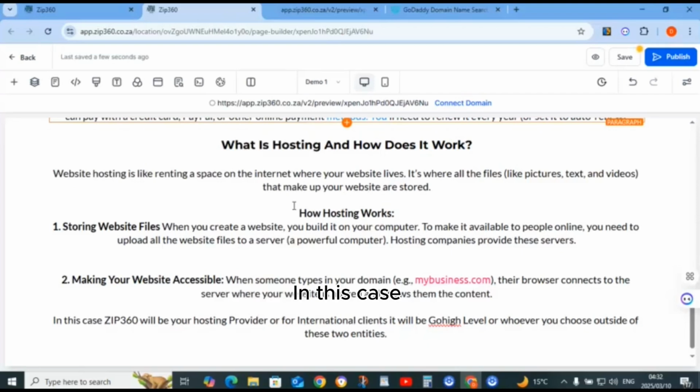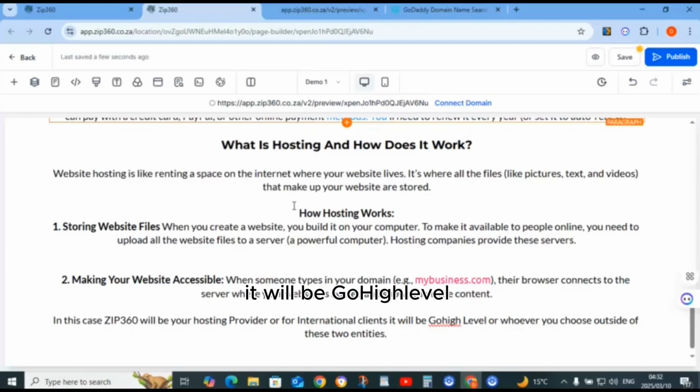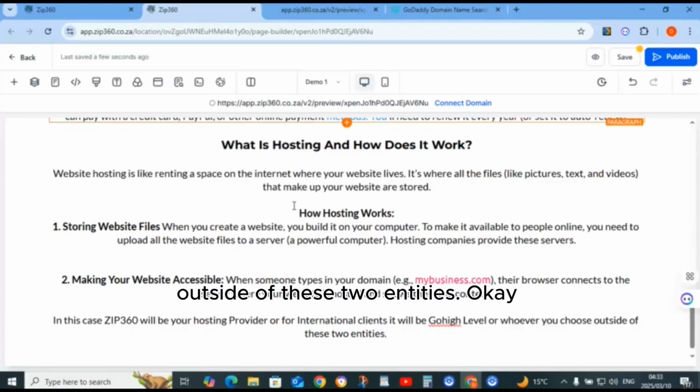In this case, Zip360 will be your hosting provider, or for international clients, it will be Go High Level or one of their associates, or whoever you choose outside of these two entities.